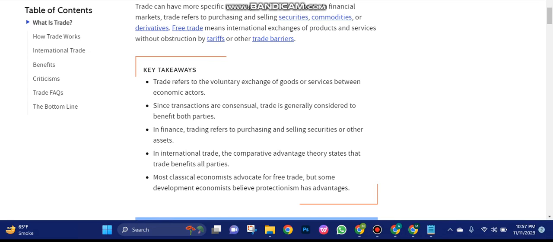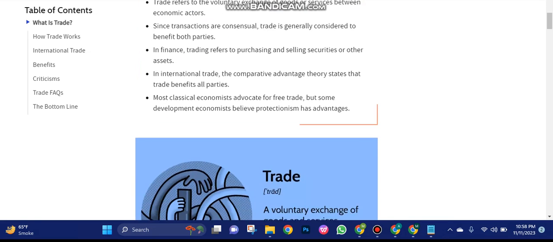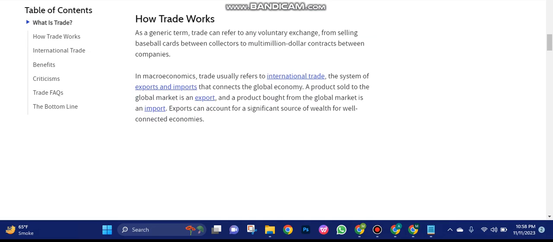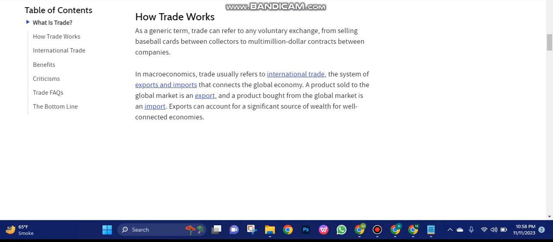Most classical economists advocate for free trade, but some development economists believe protectionism has advantages. How trade works. As a generic term, trade can refer to any voluntary exchange, from selling baseball cards between collectors to multi-million-dollar contracts